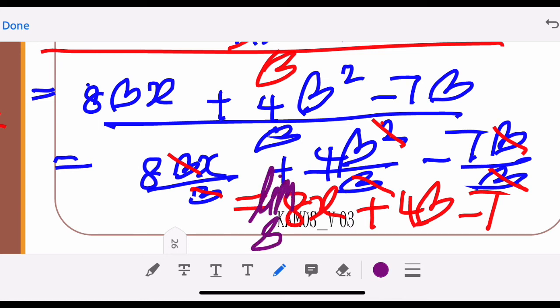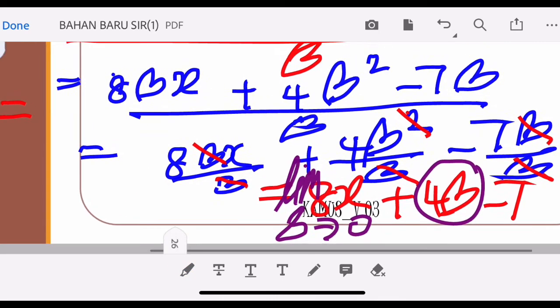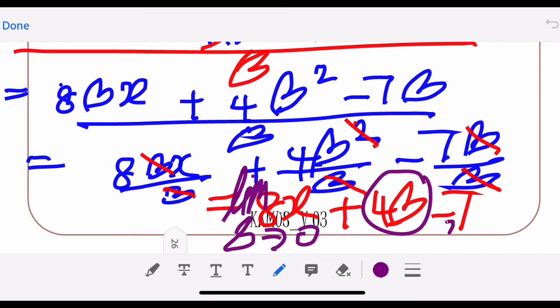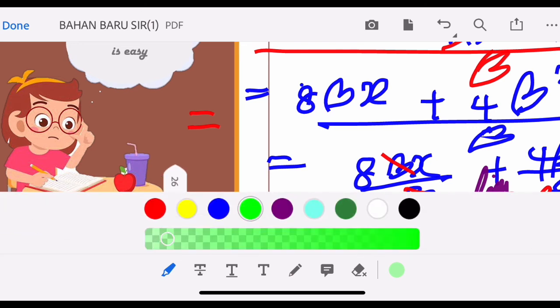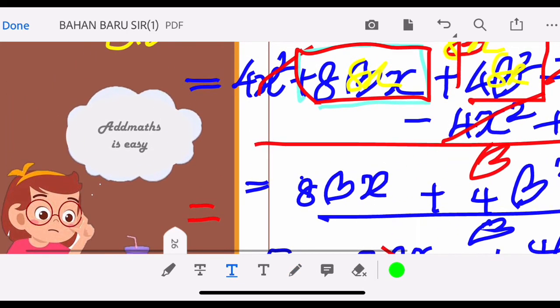Alright, limit when delta x approaches 0. So delta x is the "love shape" (delta symbol), right? So when delta approaches 0, that means the terms with delta become 0. So finally you get the answer 8x minus 7 because delta x approaches 0. So finally the answer for dy/dx using the first principle is 8x minus